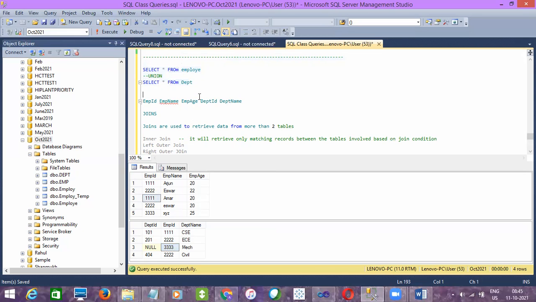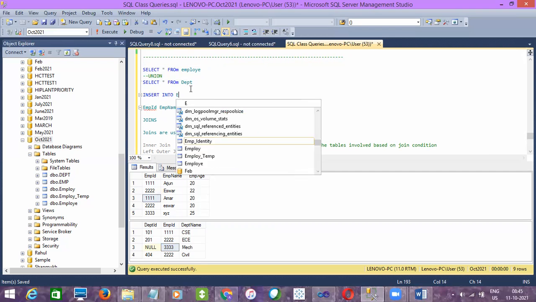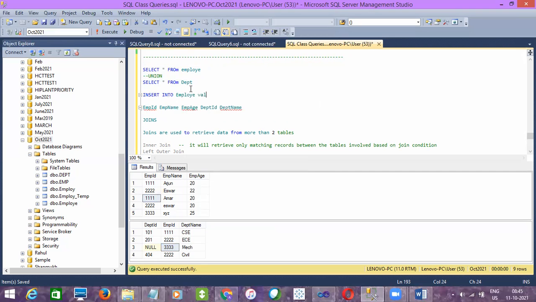Let's say for your understanding, let me insert a record into the employee table which is not there in the department table. Okay. Insert into employee values. Guys, you no need to insert again and again. Why? Because here I am differentiating a few values which are not there in the department table. That's the reason why I'm inserting it.